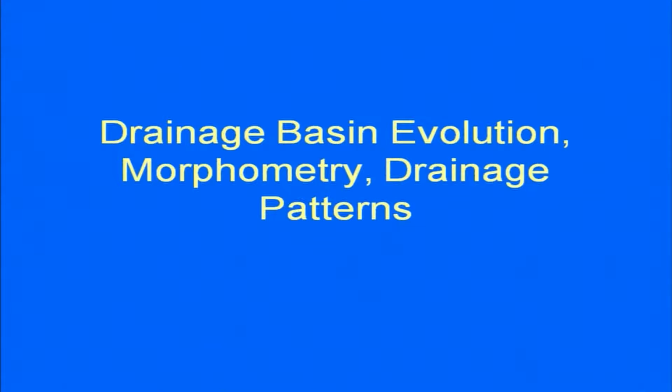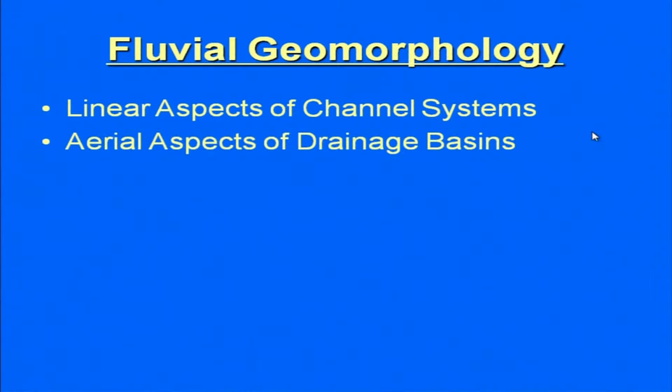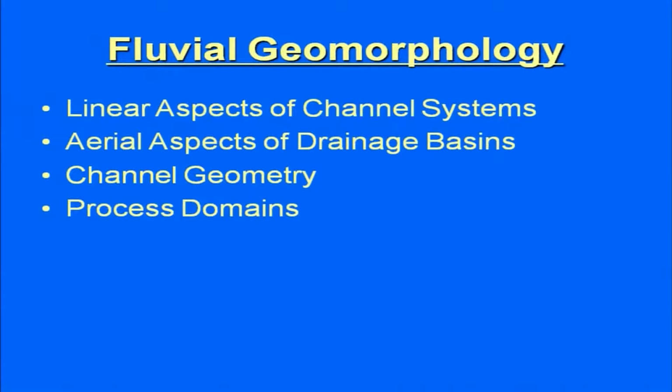Some of the parameters which we usually take into consideration, for example the drainage basin area and the morphometry or the drainage pattern, help us in the evaluation of the flood hazard. So, fluvial geomorphology: in this we will talk about the linear aspect of the channel system, areal aspect of the drainage basin, channel geometry, process domain,